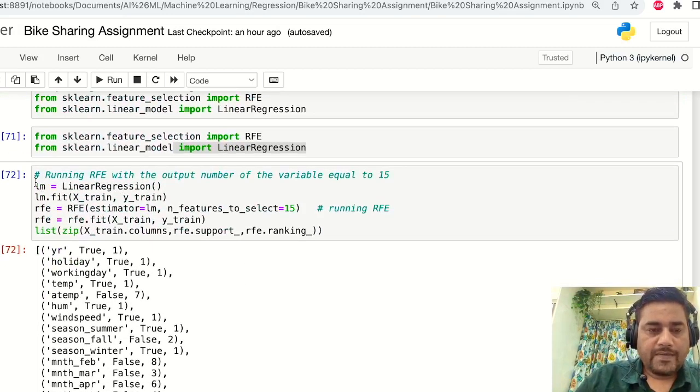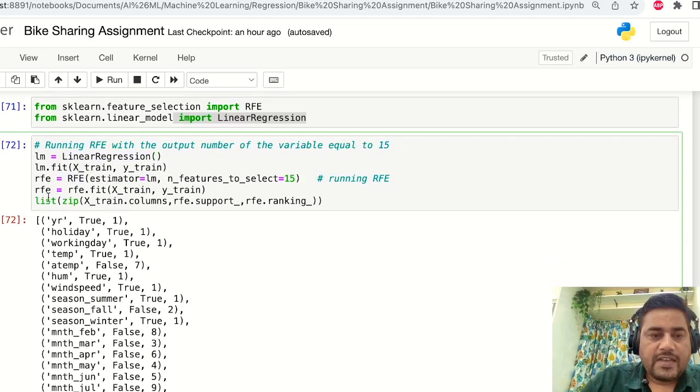Here we are running an RFE model with 15 features. We are creating a linear regression model and fitting X train, y train, and then we are creating the RFE with the estimator as the linear regression model, and the number of features to select as 15. Here we have already passed our train data. So it will fit the model and give us the model